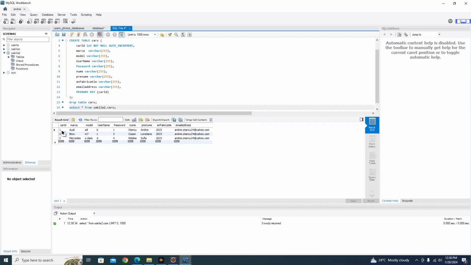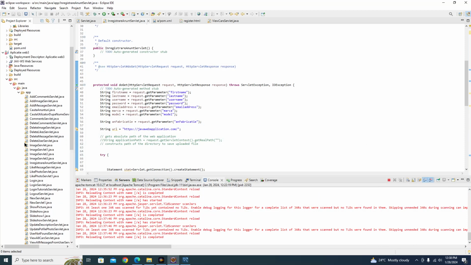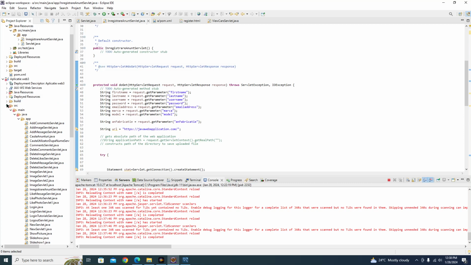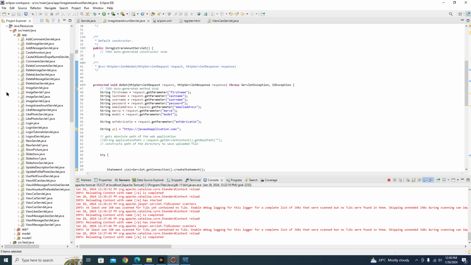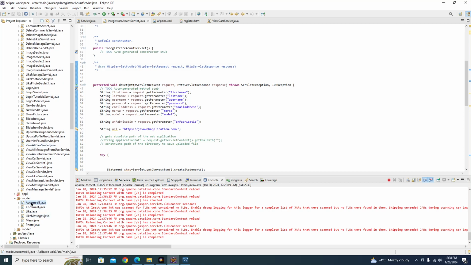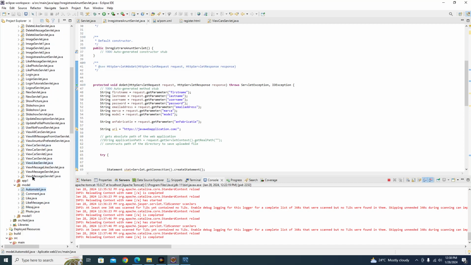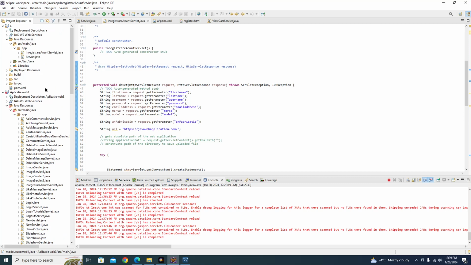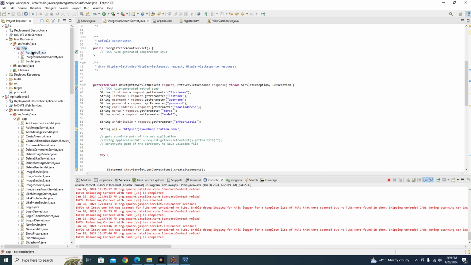So I need a Java class with all these 9 fields from the database, and because I already have this one created, I will just copy it from here. So this is the Java class, and I will also paste it here in my